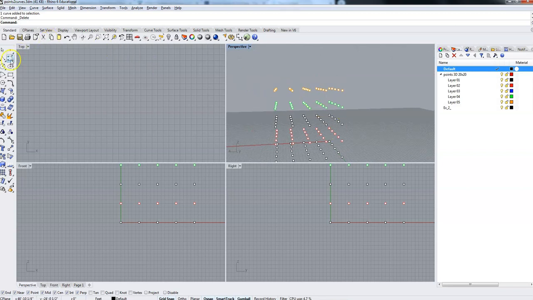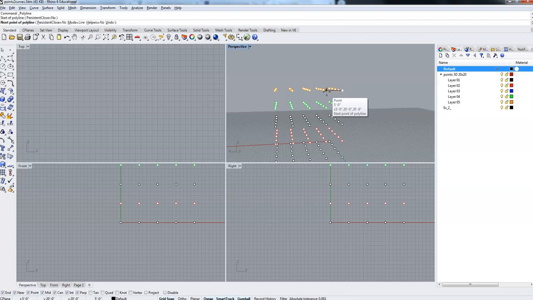Assuming I want to build some curves here, pulling my view over to the side, I'm going to just draw with a polyline. That's this guy here. I'm just going to click on the polyline, and you'll notice up here in my command line it says start of polyline, and I'm going to start here in the top corner of the top layer,